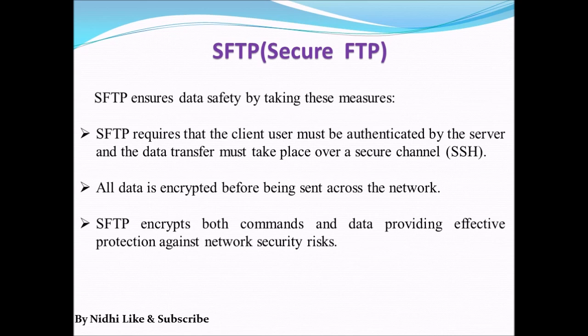So on the sender side, we are doing the encryption. Encryption means transforming information into a secret form, and then we transfer that information over the channel so that nobody can check the original information. And at the receiver side, decryption is done, that is, what we changed into a secured form can be extracted in its original form. Okay, so that is about SFTP.